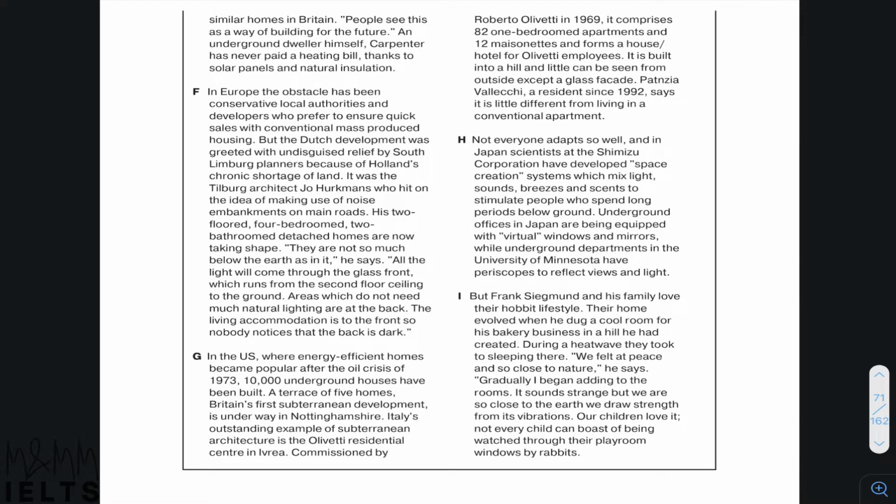Okay. So these are the paragraphs over here. Now what I want you to do is take 2 minutes, no more than that. I'll play the timer over here. Take 2 minutes,